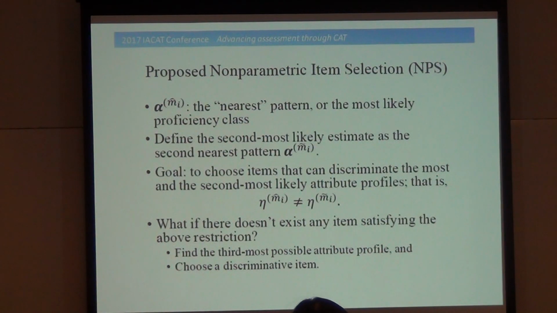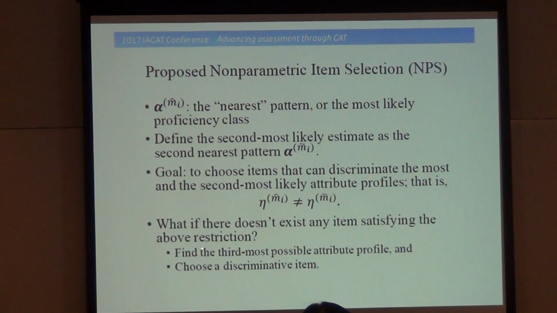So now we have 2 attribute profiles, and the goal is then to choose items that can discriminate these 2 profiles, because these 2 are the most likely profiles. So that is, we would like to choose an item such that these 2 profiles have different ideal responses. So what if there doesn't exist any item satisfying the above restriction? The solution is then to find the third most possible attribute profile, and we can discriminate